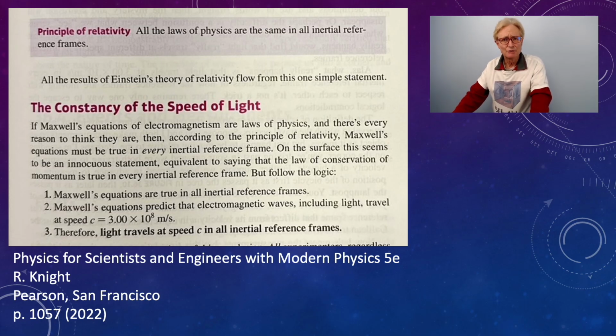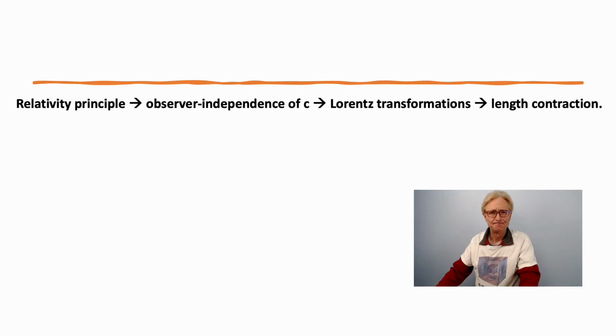As I pointed out in episode 3, Einstein solved the greatest mystery in physics of the late 1800s by abandoning constructive efforts in despair and turning to principle explanation. That is, he solved the mystery of length contraction by showing how it follows from the equally mysterious observer independence of the speed of light c, and then justifying the observer independence of c by showing how it must be true given that the relativity principle and Maxwell's equations of electromagnetism are true. Thus, his principle solution to the mystery of length contraction can be written: relativity principle justifies the observer independence of c, whence the Lorentz transformations giving length contraction.